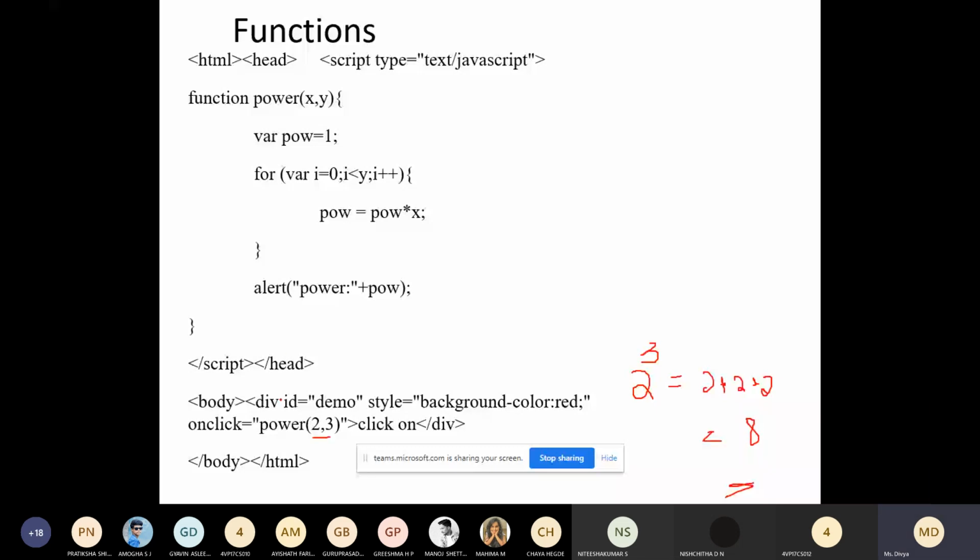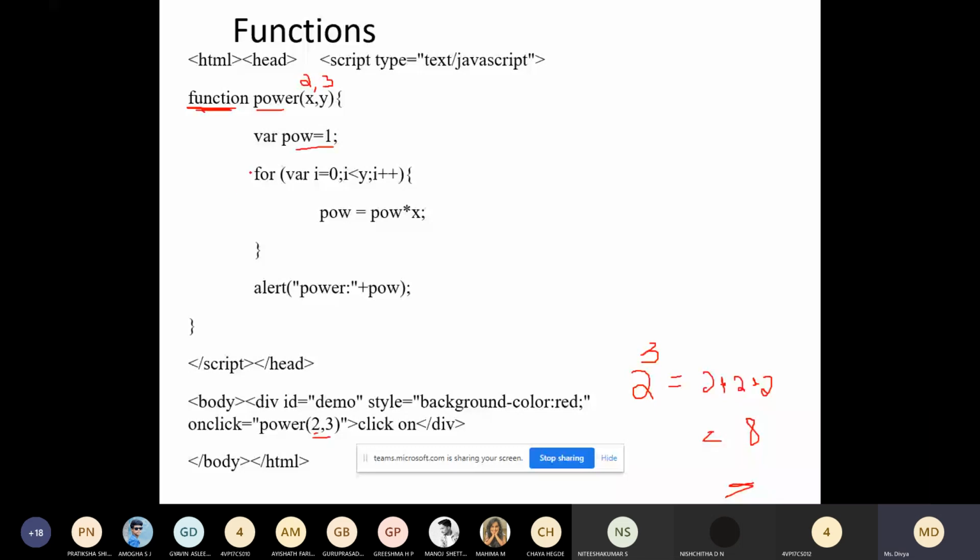Here you can see this example shows how you can pass parameters. I have two parameters, 2 and 3. I'm calling the function power, and this is a reserved keyword; you have to write it as it is. Power 2 comma 3, so 2 will be in variable x and 3 in y. So power is equal to 1.